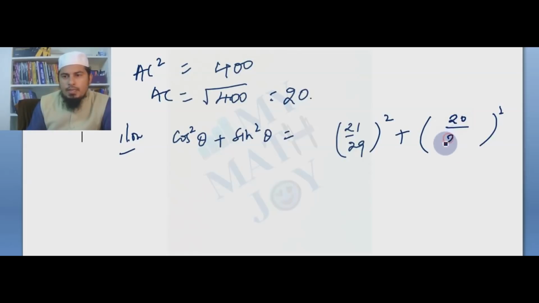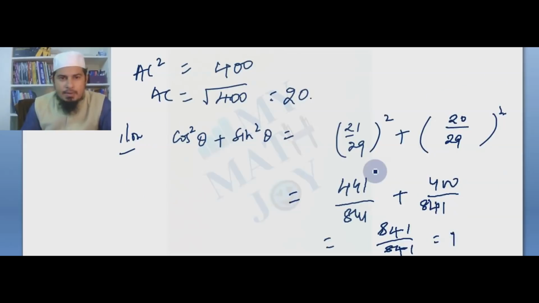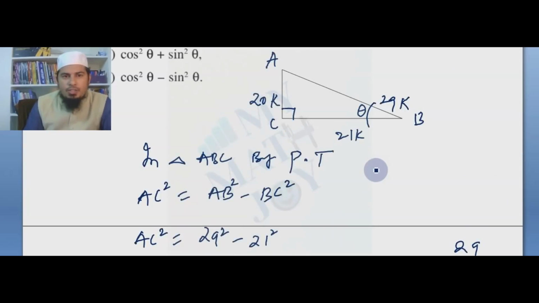20 by 29. Yeah, you can simplify it to get the answer. Now 441 by 841 plus 400 by 841, exactly 841 by 841. The answer is 1. And in a similar fashion, take the trigonometric ratio values and find the cos square theta minus sin square theta value. Also, you can do this by